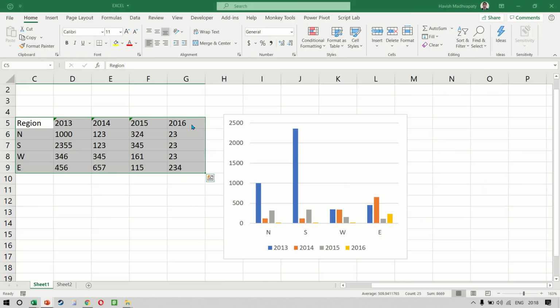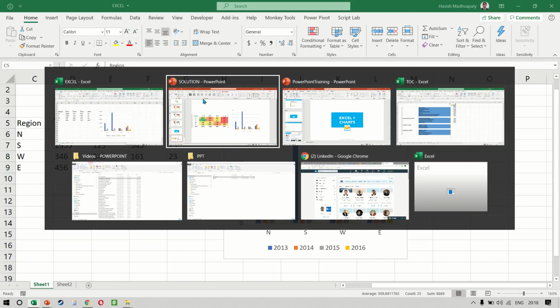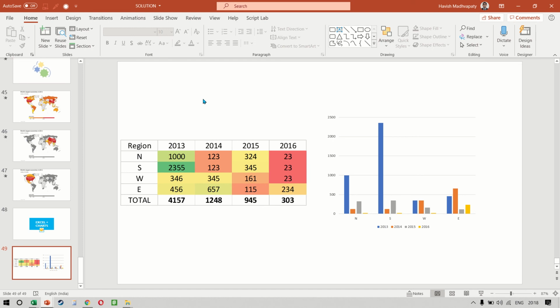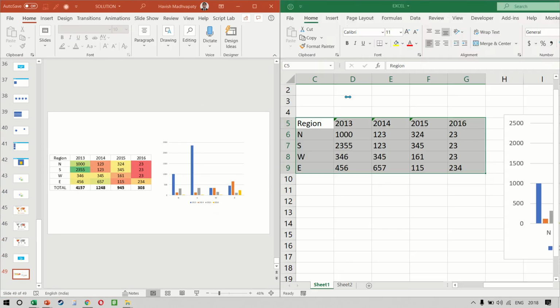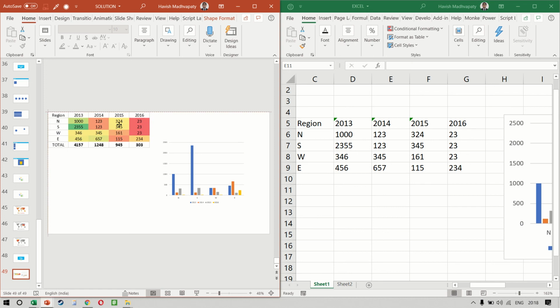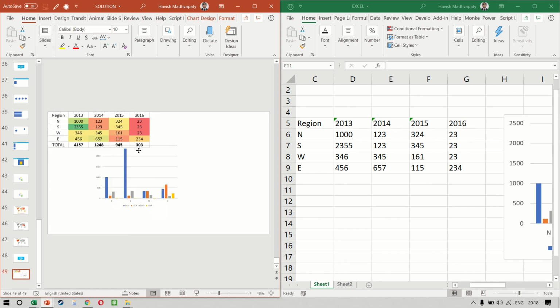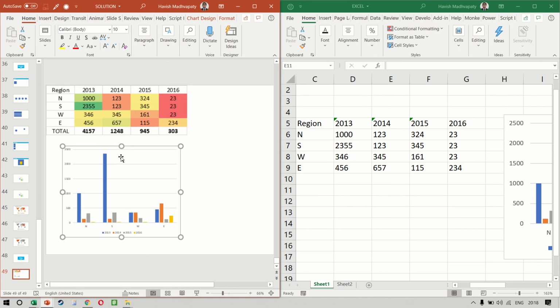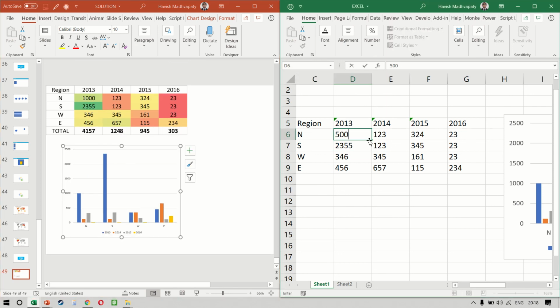So what I want to do now is to open both the Excel and the PowerPoint at the same time. So I just keep my PowerPoint on the left half of my screen and the Excel on the right half to show you how a change in Excel will now also happen in PowerPoint. Okay, let's see this. So you notice that the moment I change any one of these numbers, my number is changing here as well. Very cool, right? So if I change a number here, the same number changes here as well.